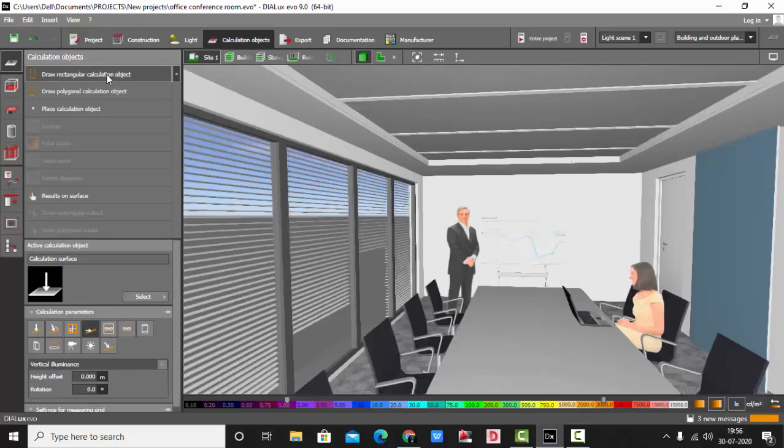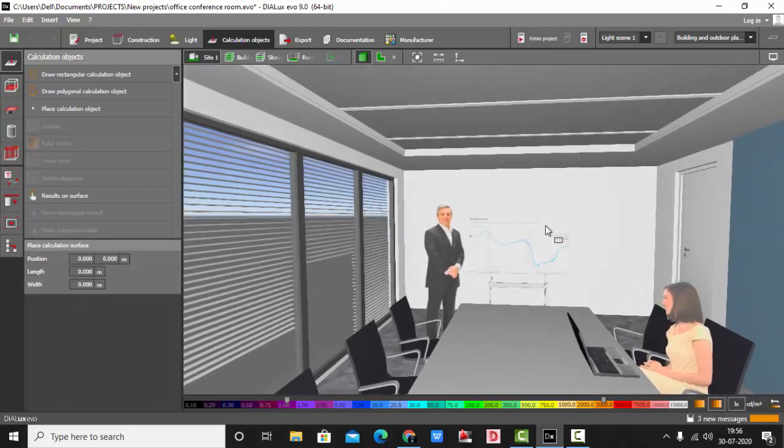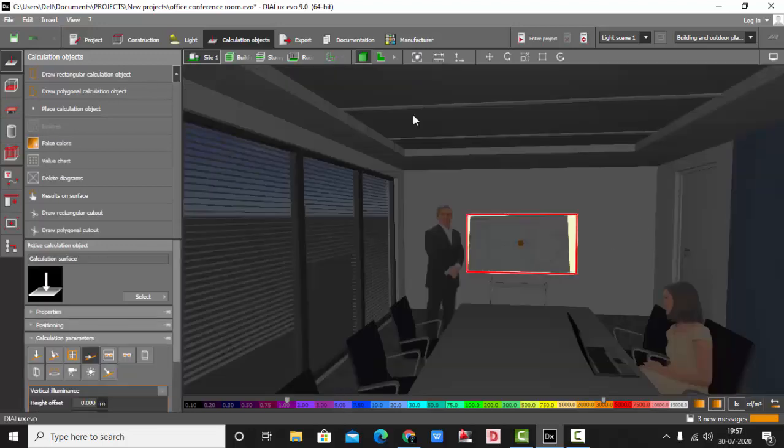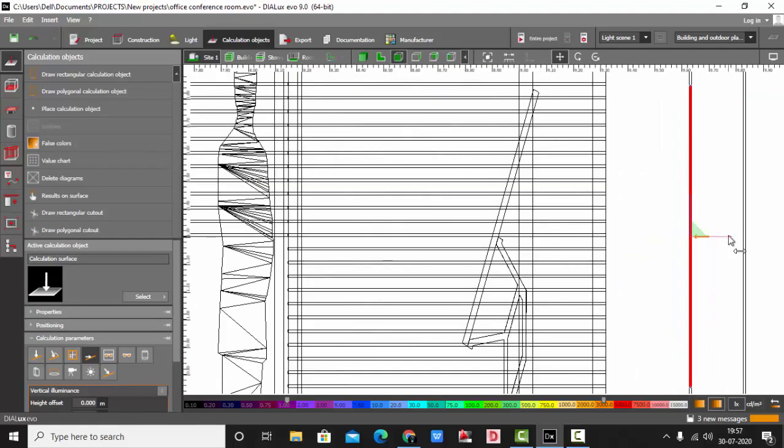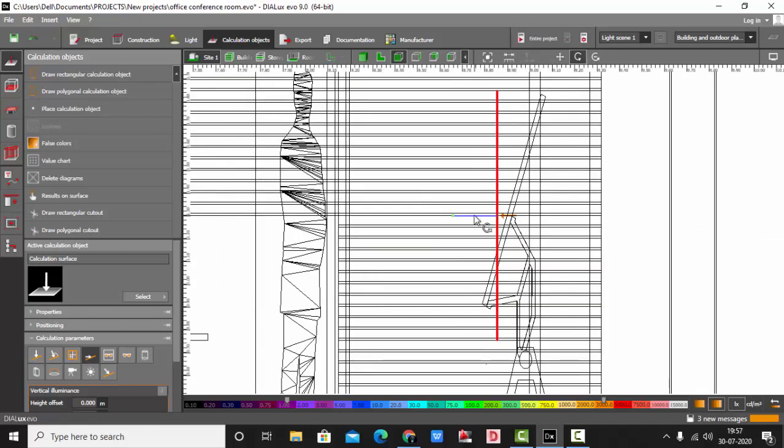So we will draw rectangle calculation objects. Zoom in. Select the first point, second point, and simply extend it to the length of the board like this. Then go to the side view and adjust the position of the calculation object. You can even rotate it using the rotate tool like this.